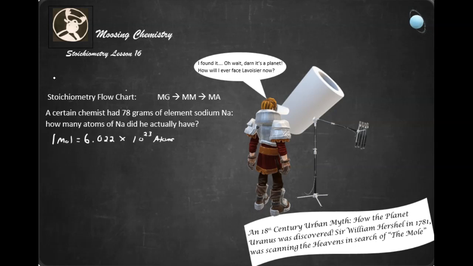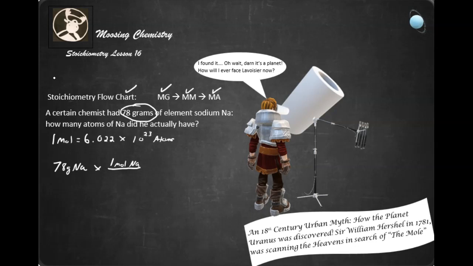So we're going to use the stoichiometry flowchart. We're going to go from my grams to my moles to my atoms. All right, so we're going to start off with 78 grams of sodium. So we go 78 grams of sodium, which we call Na, times, now we're going to go from my grams to my moles, right? So we're going to go times 1 mole